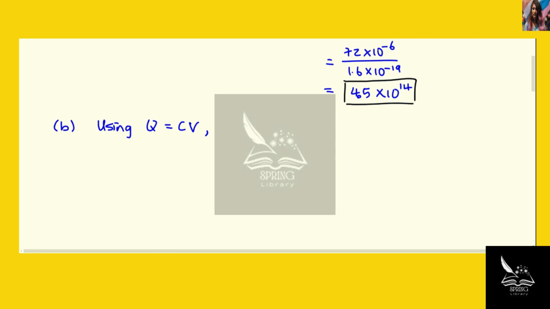So the charge through point B will be C1 times V. C1 is 4 microfarad, and V is 6, so you get 24 times 10 to the negative 6